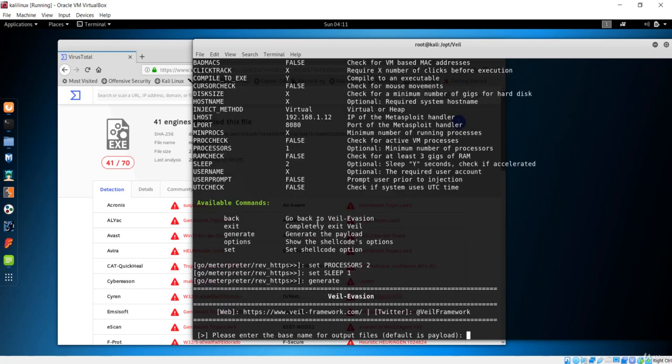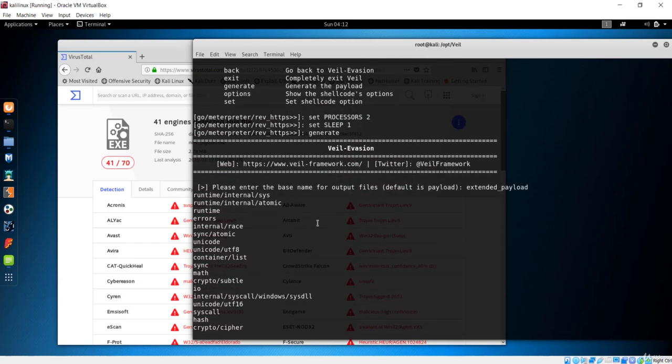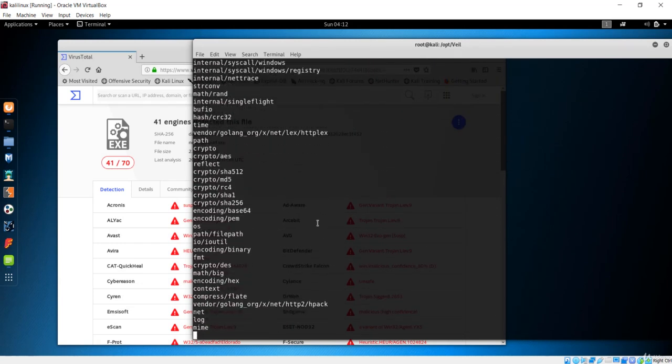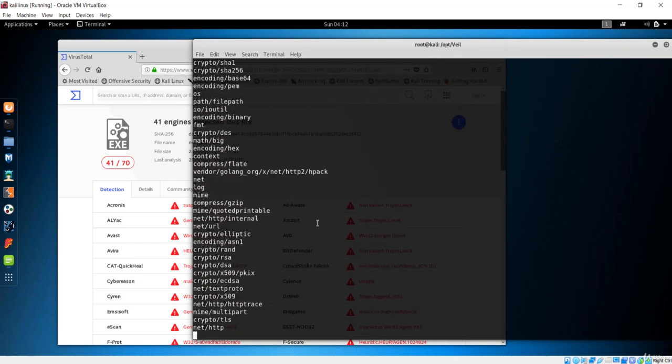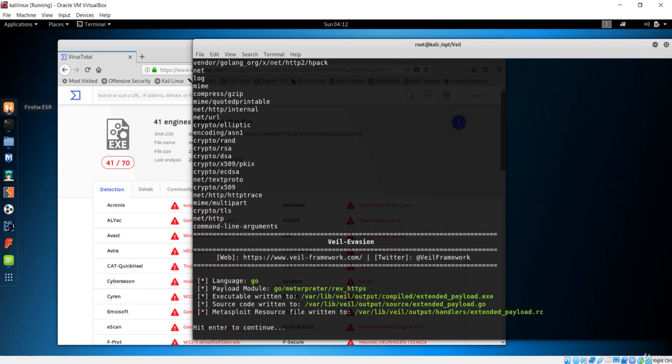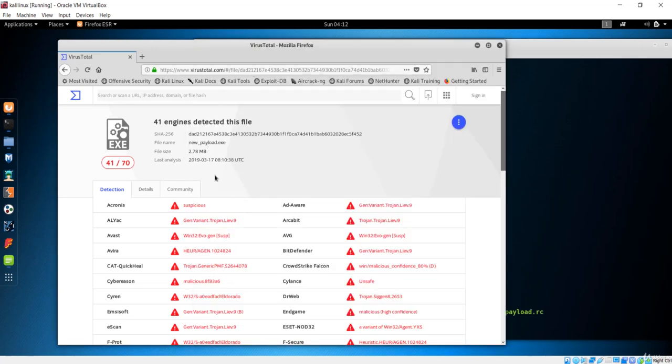Let's hit enter, and now I'll just say this is extended payload, and again it will just do some of these encoding tasks. Now let's go back to our Firefox.